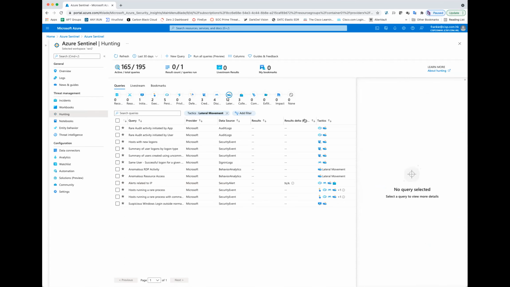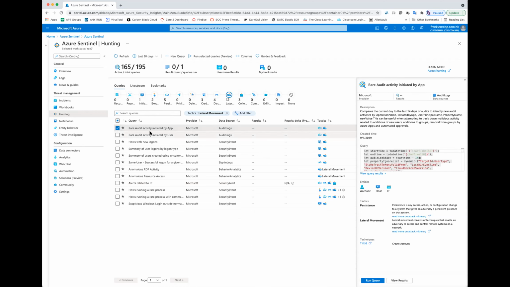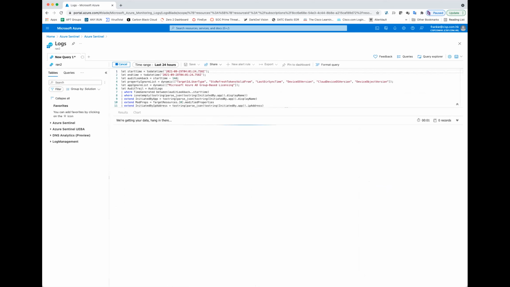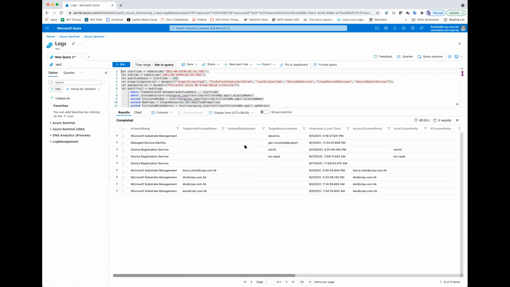Right now, I would like to show one item that I already have some information on, called lateral movement. So I picked the "where audit activity initiated by app". So I run a query. Suppose I have 9. Yeah. And then if I want to see the result, it will automatically direct me to the Log Analytics KQL, and I can find